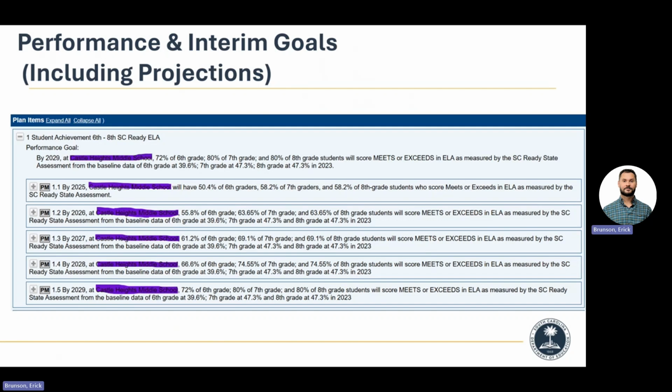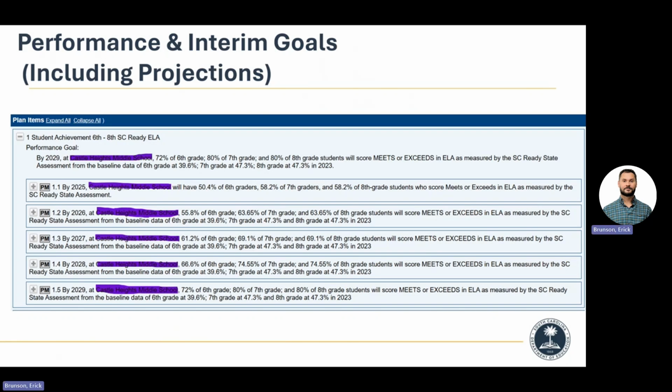So you're supposed to have all of that listed in here. This is the part that a lot of sites struggle with because they don't know how or where to include that projected data. So up top here, by 2029, ABC School will have 72% of sixth graders, giving them that data, the actual performance goal.